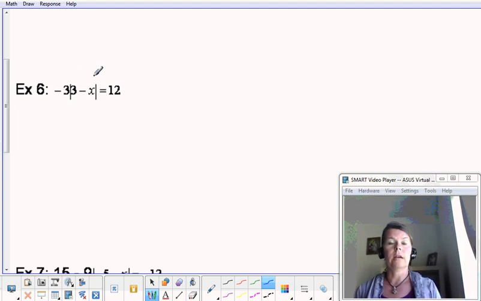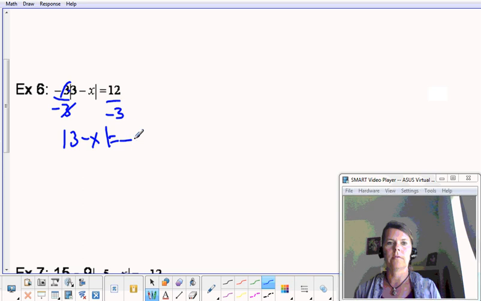Okay, now this one is one of those where we haven't used step 3 yet, where you have to isolate the absolute value. Yeah, it's step 3. So we have to do step 3. We have to isolate this absolute value of 3 minus x. So we have to get rid of this negative 3 that's being multiplied, because there's nothing there. So we divide. And then these cancel, you get absolute value of 3 minus x